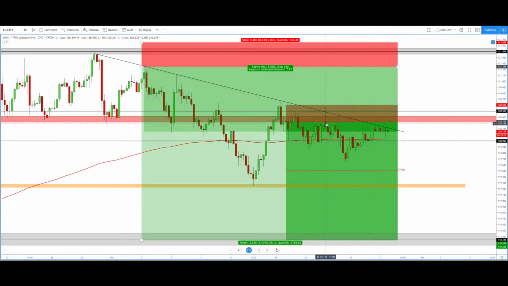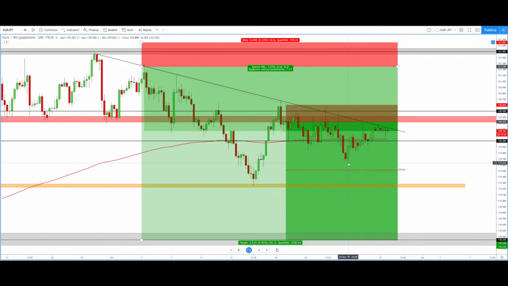But after this big upper shadow, the price has formed this shooting star candle that for me was a massive bearish signal. And after this another upper shadow, the price started a real bearish movement that brought the price to close the weekly candle here around 119.70. So this break for me was a massive bearish signal, especially because we had a daily and weekly closing below 120. So I expect a new collapse this week to reach, first of all, here